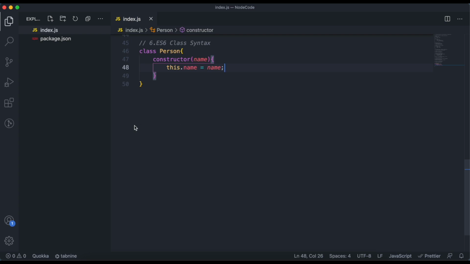Now we have one class person with the constructor, and we are passing the name in this constructor. So let's create an object o1 using the new operator person, and here we are passing its name.